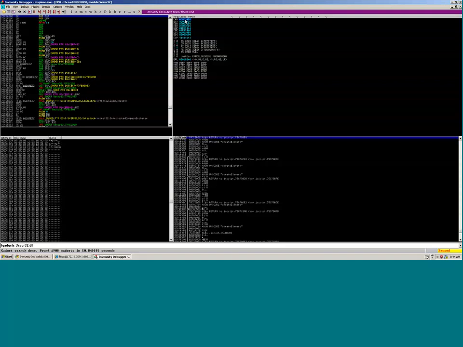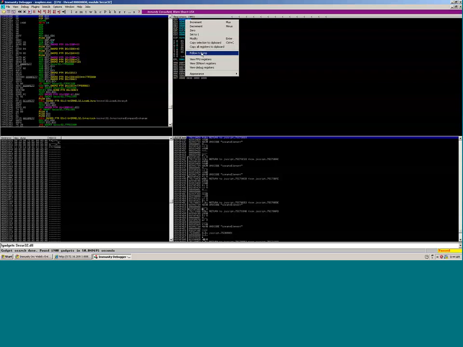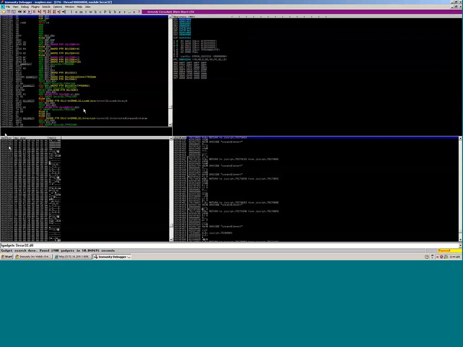So if we start going through these registers, starting with EAX, follow in dump, which displays the memory on the heap that this points to, and we can see here that this essentially looks like an object that we may control. Unfortunately, in this case, this isn't big enough to fit our payload and the required values, but we also control these values. So if we follow the first 4 bytes,